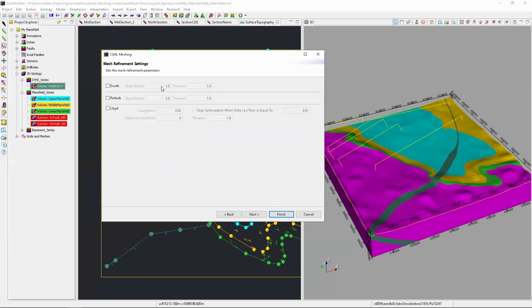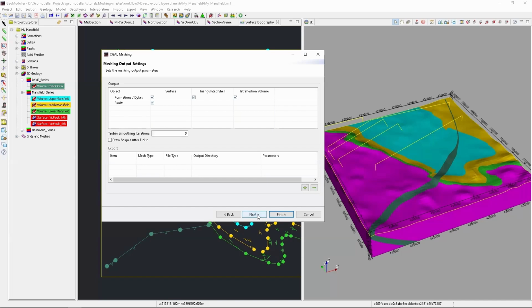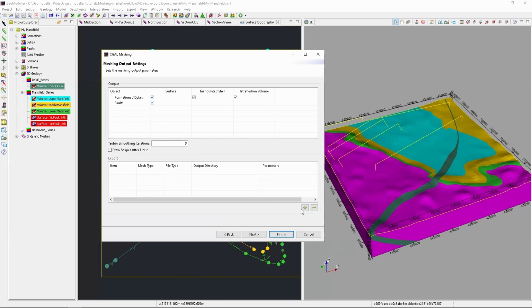You can also get access to these parameters, the solver bound, by clicking here on the options, to allow us to get a proper bound refinement for your model. Click next. This section helps us set the different types of formats that you'd like to export. You can export multiple formats in a single operation